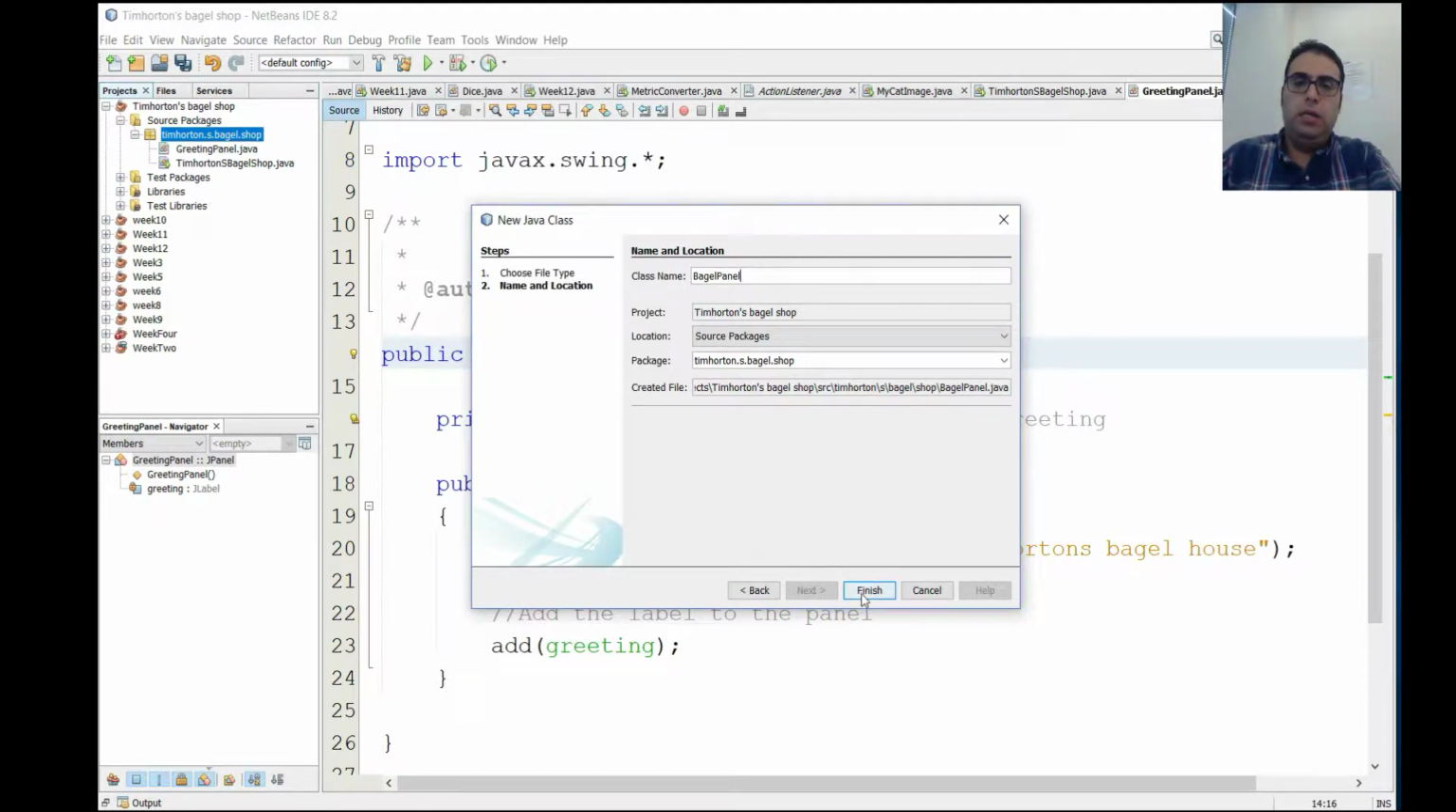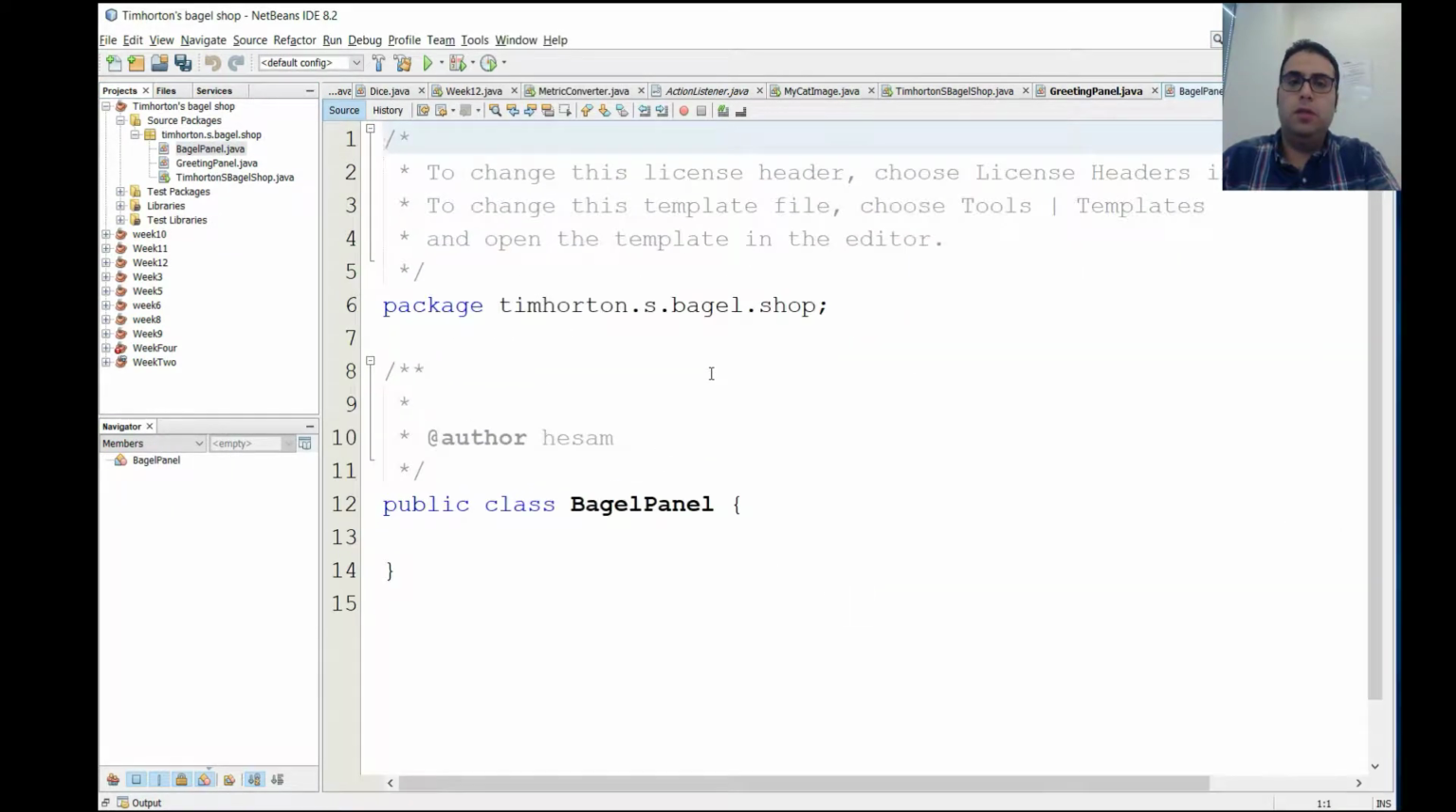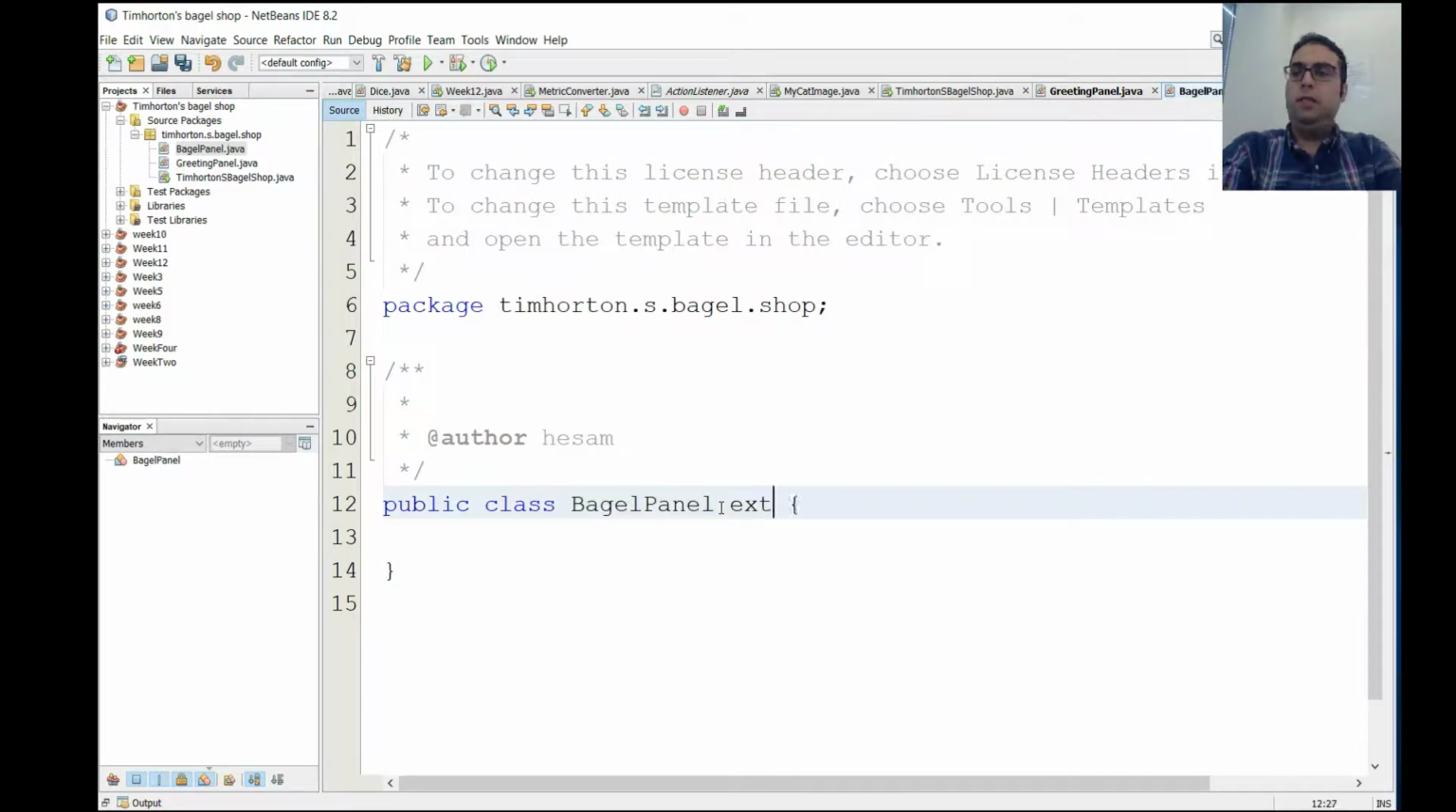So we're gonna go next or finished, basically. Here we go, zoom in. So this is another panel. We have the welcome panel. Now we're gonna have the bagel panel. Same thing. We're gonna extend that from JPanel because this class is designed to